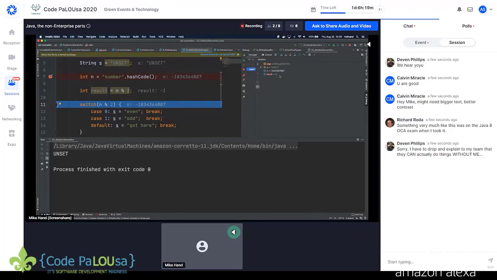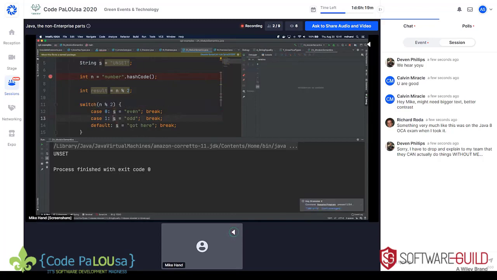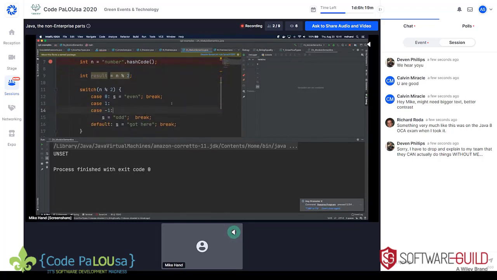If you really wanted to do this, I guess you'd have to make sure that the number that you're passing in to the modulo operator always had positive magnitude. Or you could add another case. Let's play through this. You could have case 1 and case -1 both lead to odd, something like that.